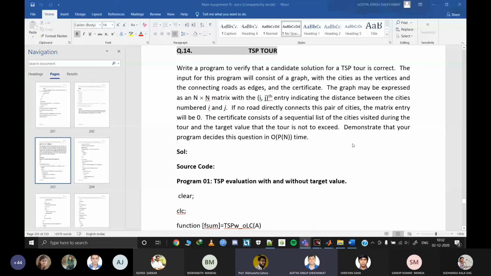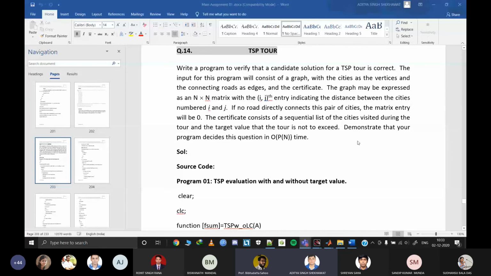We are not looking into dynamic programming or any other solution to find the TSP. It is only about the tour and the certificate. This is a very simple thing when we read in theory that we can verify the solution in polynomial time. Here we are verifying in two ways. One, simply asking whether this sequence is a path. Second, asking whether this sequence along with the cost is a path or not.